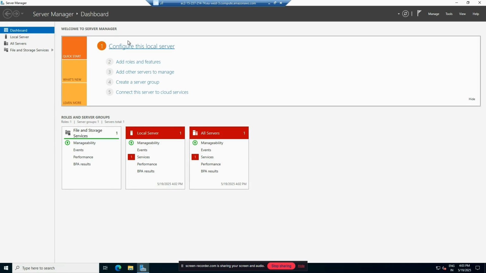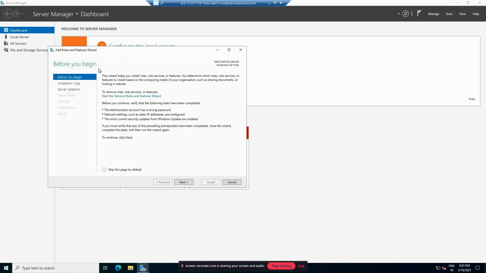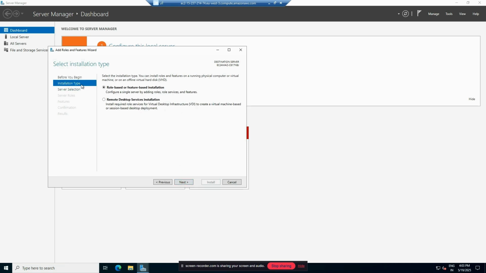So you want to make this into a web server. That is what we are trying to do now. So we are going to host a website here. So to do this, select this Add roles and features here, and here it will show some tips and tricks on what you need to know about all this. So just go next. Installation type, whether you want Remote Desktop Services or you want some feature like website, DNS,